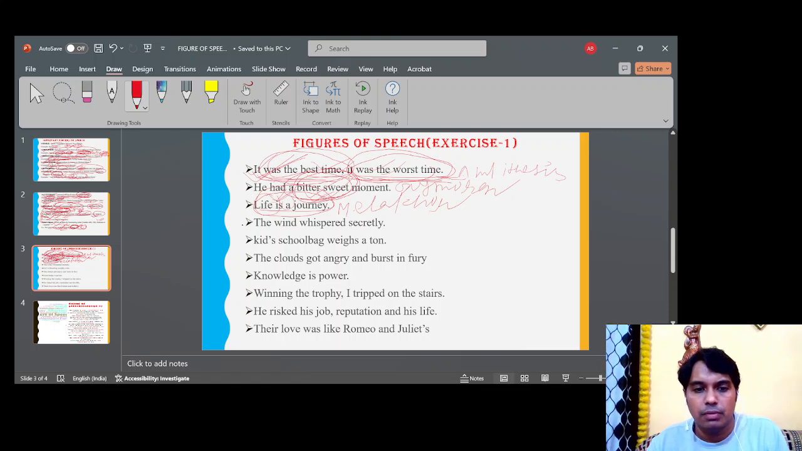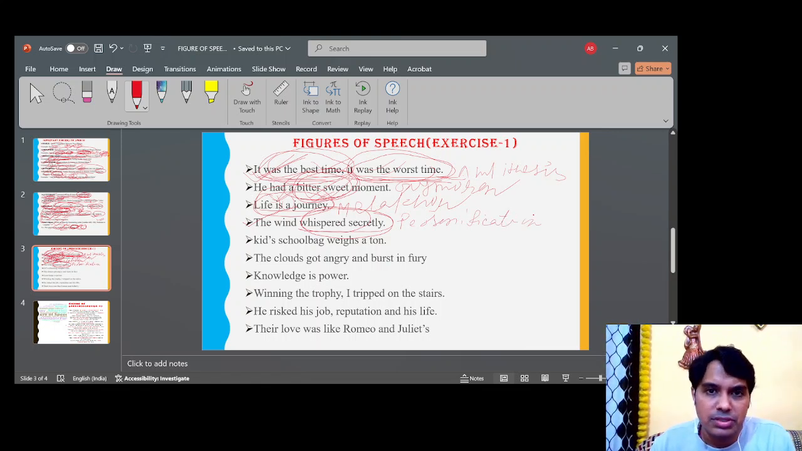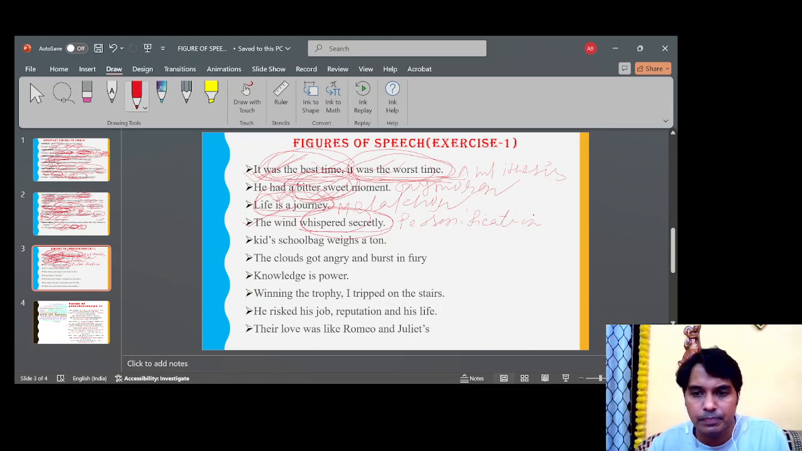Now next we have number 4 example, the wind whispered secretly. Now this is whispered secretly, it is personification. আমরা দেখেই বুঝতে পারছি এটা পার্সনিফিকেশন। কোনো ডাউট আছে? আশা করছি কারোর কোনো ডাউট নেই, এটা পার্সনিফিকেশন আমরা দেখেই বুঝতে পারছি।